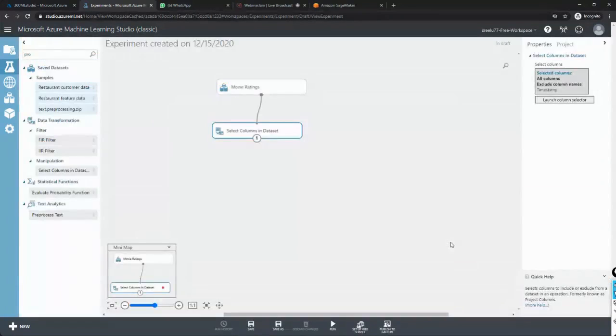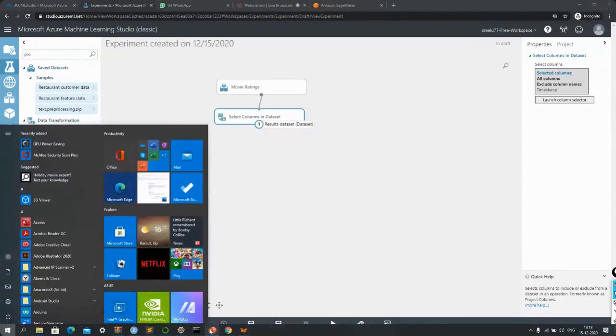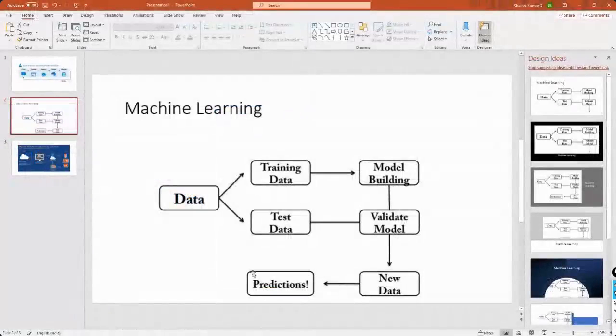And click on the tick button and yes. Now movie ratings is my data set and I have chosen a few columns in it, or all the columns in it, and then I'll split this data into two things,